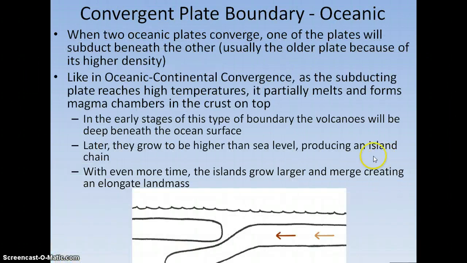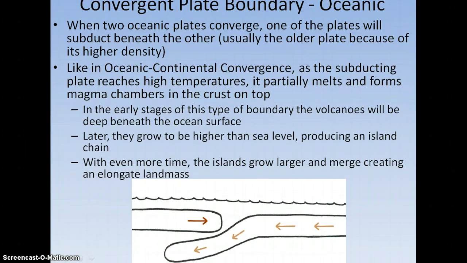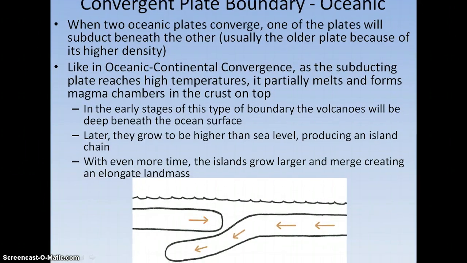Convergent plate boundary between two oceanic plates. When two oceanic plates converge, one of the plates will subduct beneath the other. Usually this is the older plate because an older plate will be more dense. So like the oceanic-continental convergence between the oceanic and continental plates, when there's oceanic plates, the subducting plate reaches